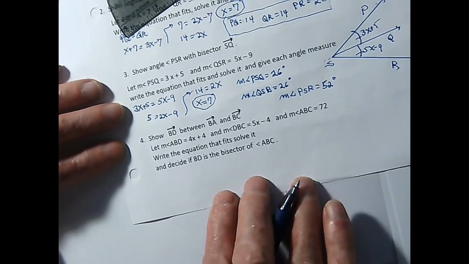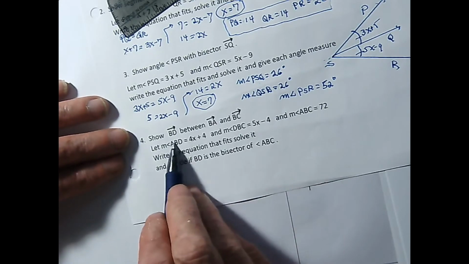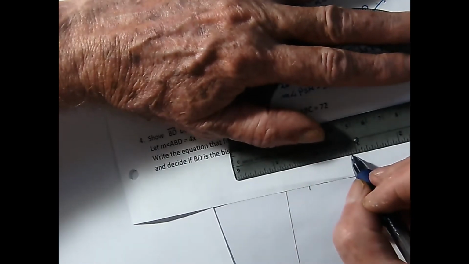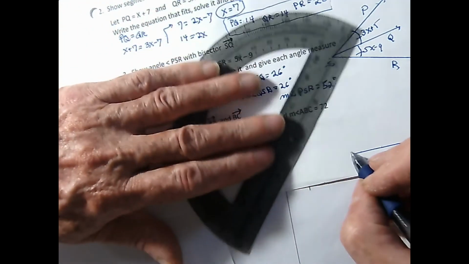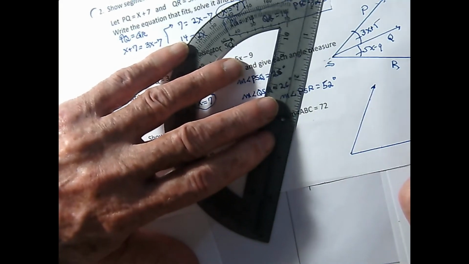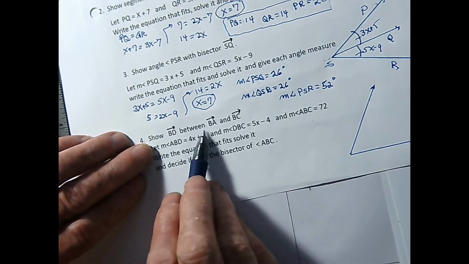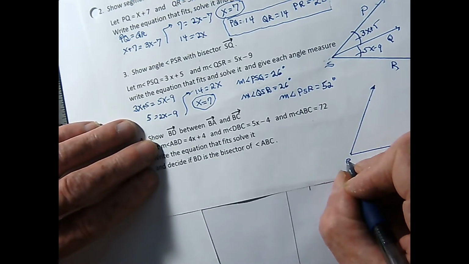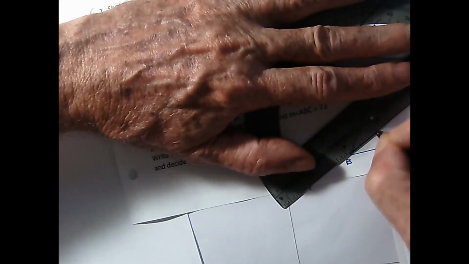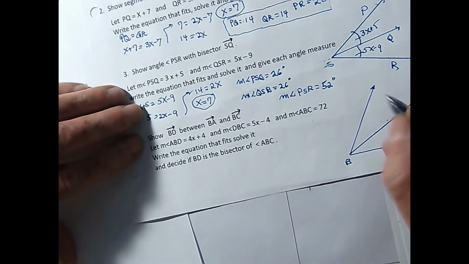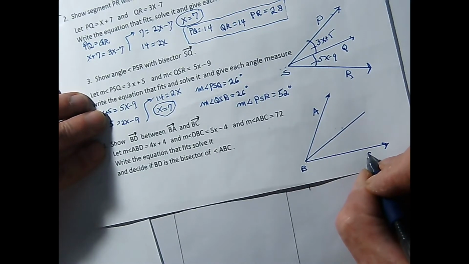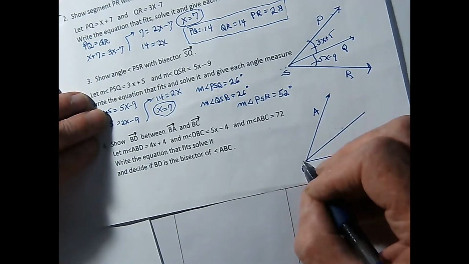I'm sure that that would be an accurate showing. We got one more thing for me to show you now. Show BD between BA and BC. Okay, I'll do that. Some ray between a couple of other rays. Maybe it's an angle bisector, maybe it's not. We'll see about that. All these rays have the same endpoint at B. This must have been point B. And I'm going to show some ray BD between BA and BC. I'll call this one A, and there's ray BA. Call that one C, and there's ray BC. And here's ray BD